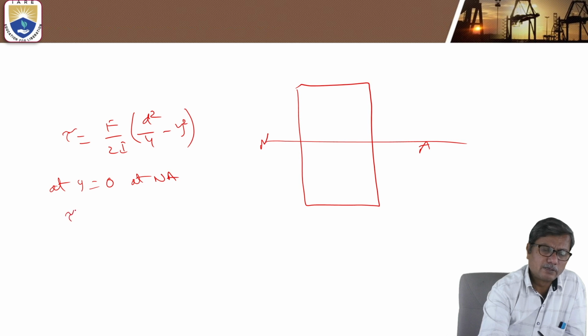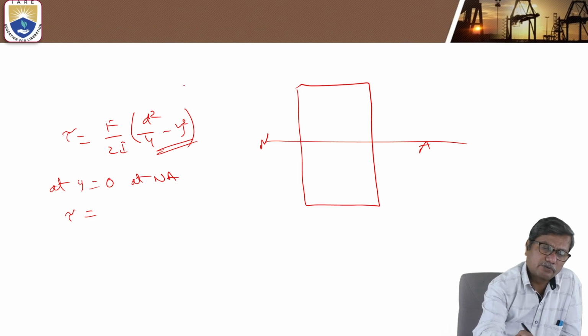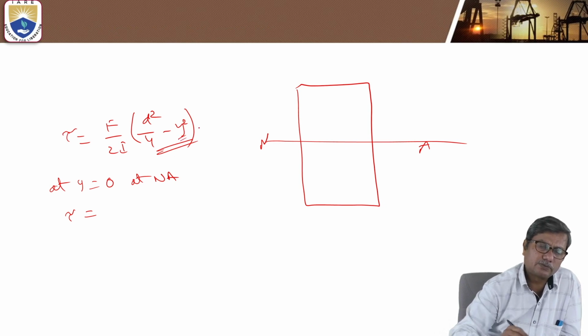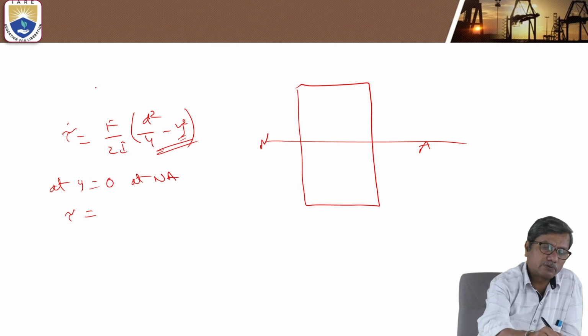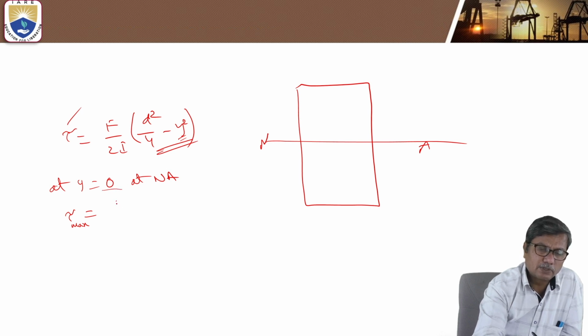So the shear stress will be maximum at y equal to 0, because from this equation it is clear that for minimum value of y you will have maximum value of tau. The minimum value of y is 0, so the maximum shear stress across the section is at y equal to 0. So at y equal to 0 you will have F by 2I into d square by 4,